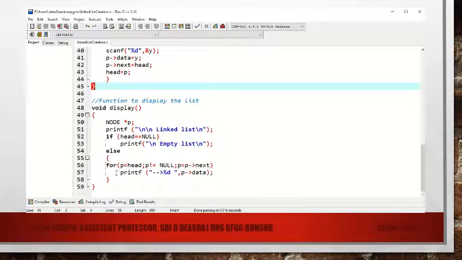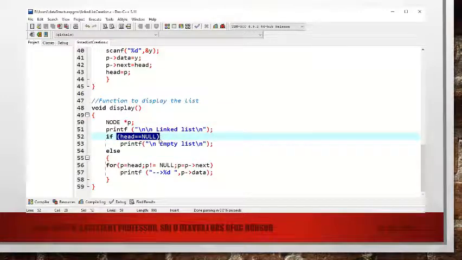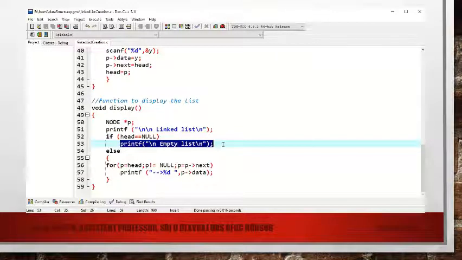After creation, we are displaying by first pointing to the node. If the head pointer of the linked list points to null, the linked list is empty. That is what is happening here.